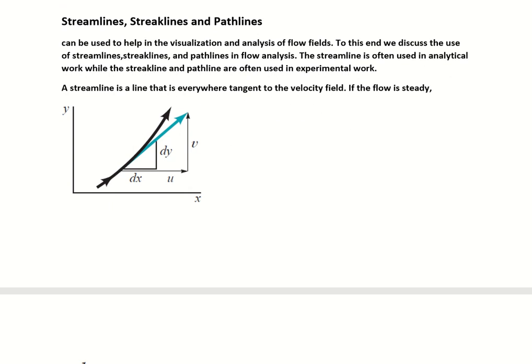three lines which are known as streamlines, streak lines, and path lines. These lines are used for describing the motion of particles, and these lines help in visualizing the flow particles, or even the streamline is particularly used for analytical purposes also. So what is the definition of these lines? Streamline is defined